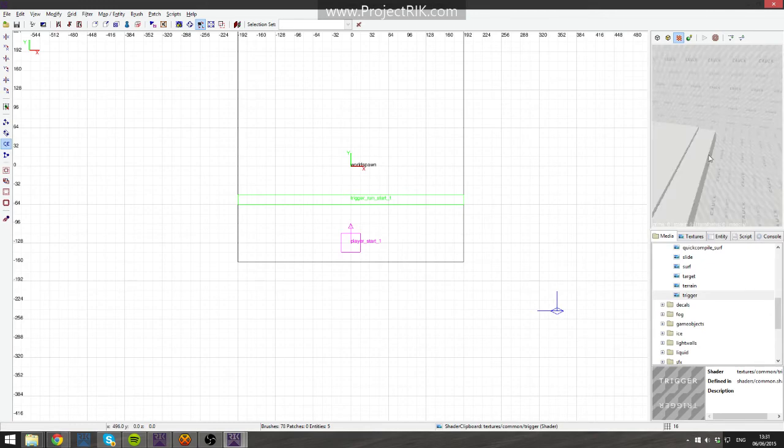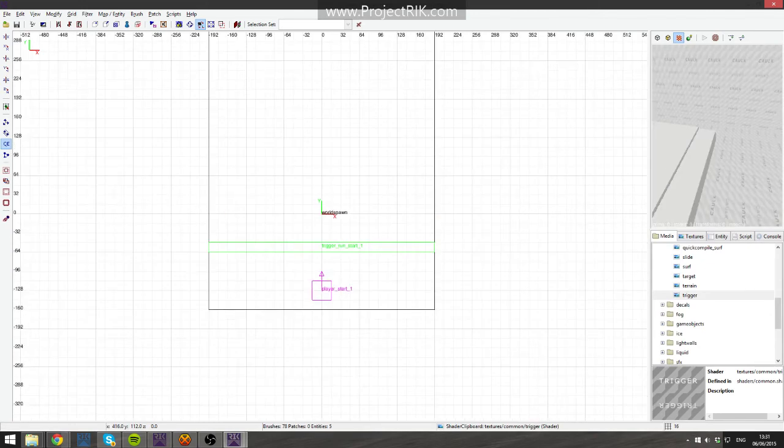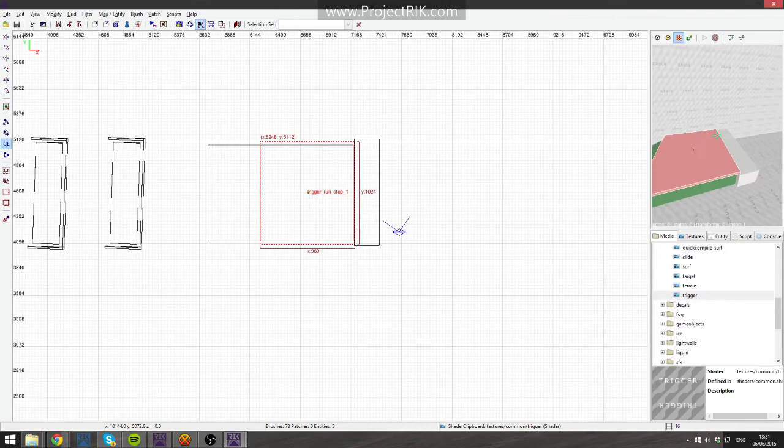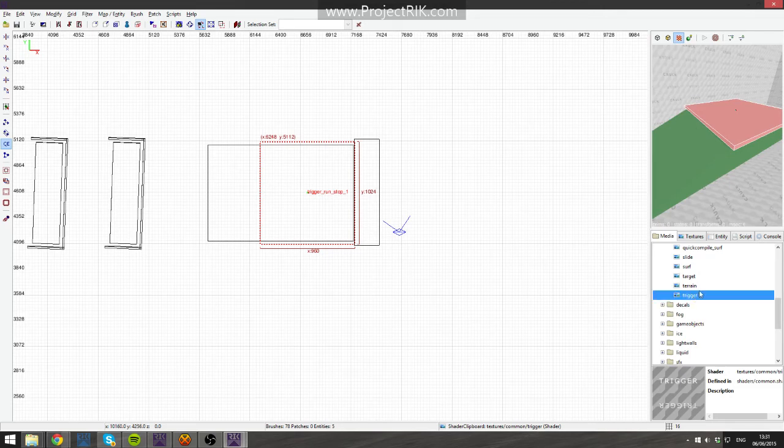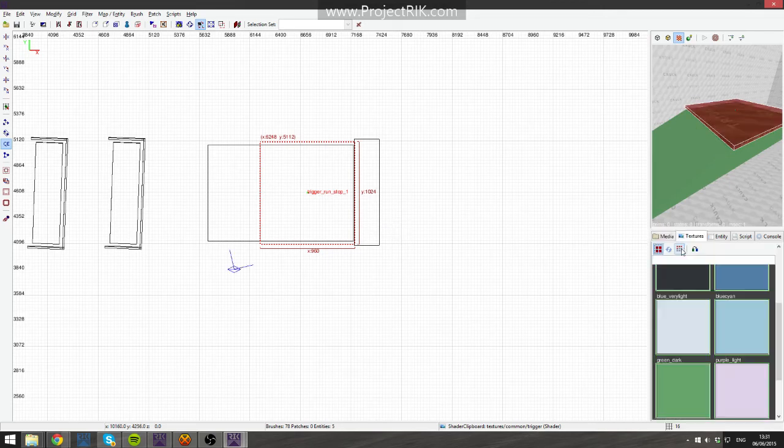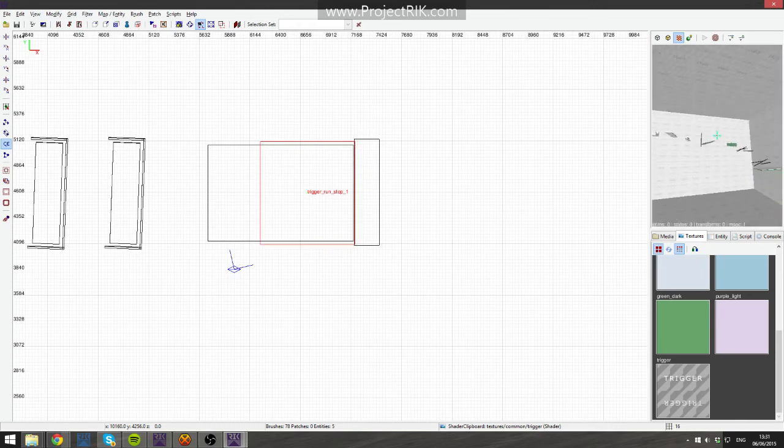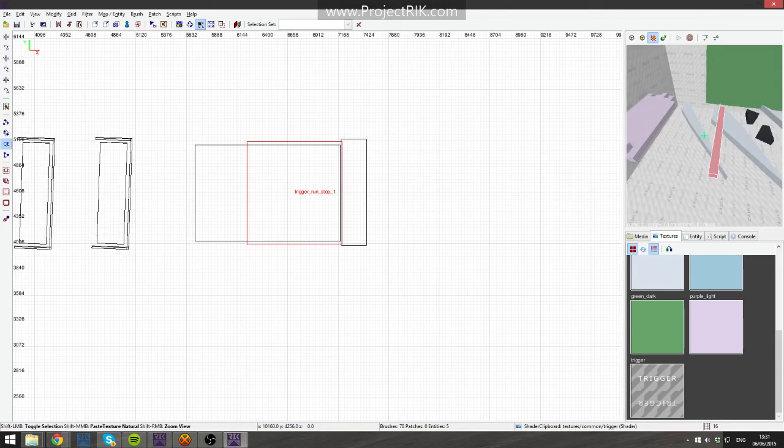I don't even know if he actually has a start trigger. Oh, I think he does, I think it's a huge one. Yeah, look, it's massive. I thought that was the floor. But it's not, it's the trigger, it's the finish line. So, set that to trigger as well. Straight away. Then like this here, I mean, Hoopo highlighted this,